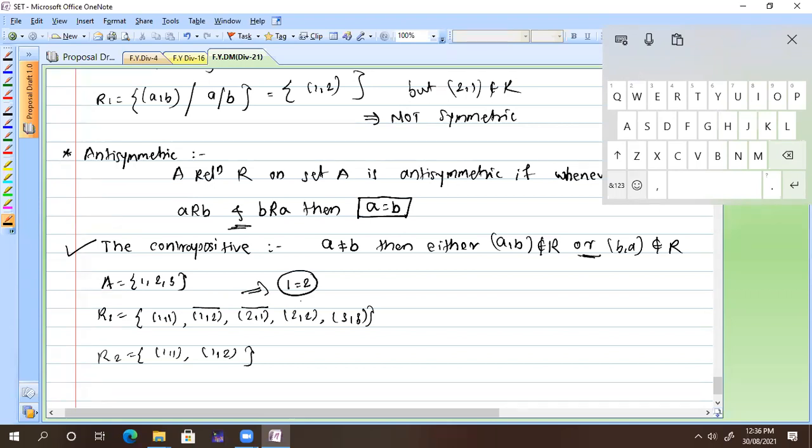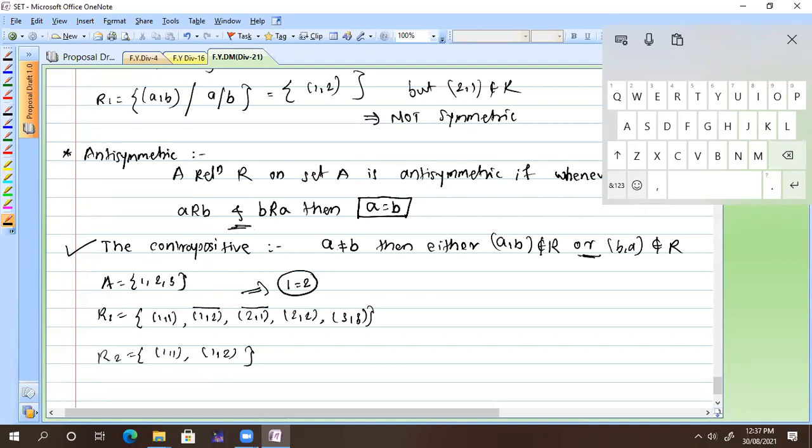Okay, so I'm going to tell you. For the first definition, it is antisymmetric because it satisfies the second statement, since 1 is not equal to 2, but (1, 2) is present in R2. What I want is not present; (2, 1) should not be there. For the first definition, we have (1, 2) there, but we also want (2, 1), but that part is not there. So by using that definition, I'm not going to say anything. So I just go for the other definition.